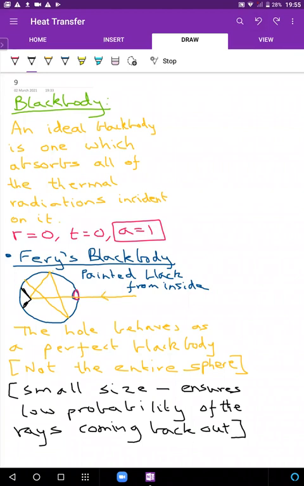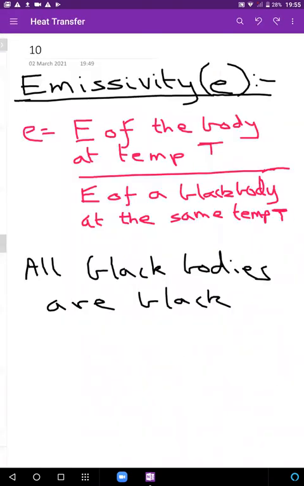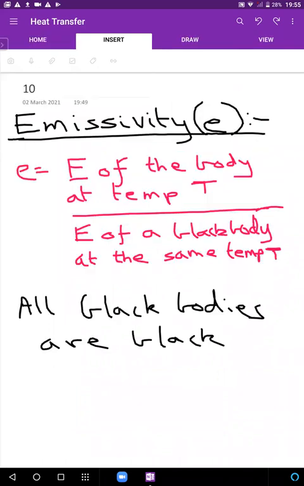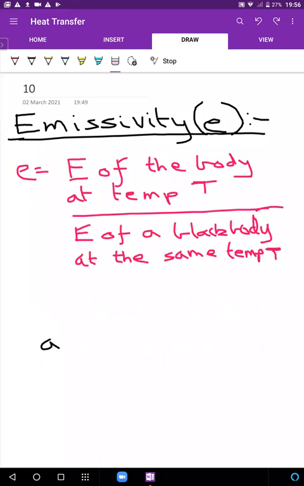You don't need a black painted object to appear black. This space has nothing, yet it appears black, right? Because there are no particles from which light is coming. So if no light is coming, it's going to appear black to you. So all black bodies are black. The reverse is not true. Any random black colored object is not a black body. If your watch has a black strap, that's not a black body. A phone is black, that's not a black body. A black body is a very specific thing that absorbs everything falling on it.